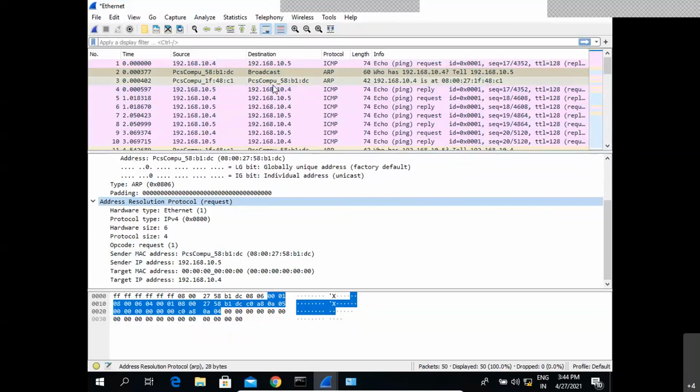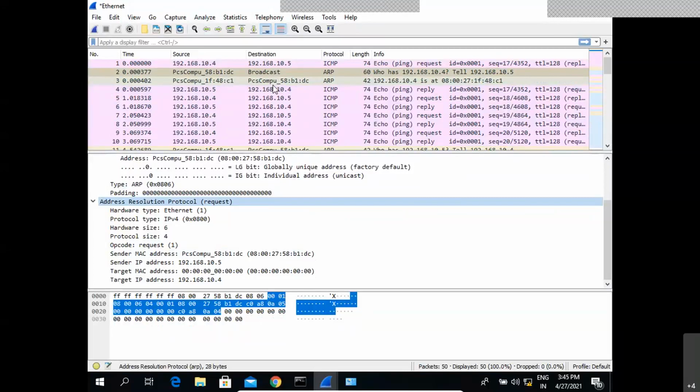And also we can see the hardware size. What is the hardware size? Because it belongs to the Ethernet type, that means a 48-bit MAC address, so 6 times 8 bits, it is 48 bits. And the protocol size is mentioned as 4, that means 4 times 8 bits, that is 32 bits, or nothing but the IPv4 addressing mechanism.